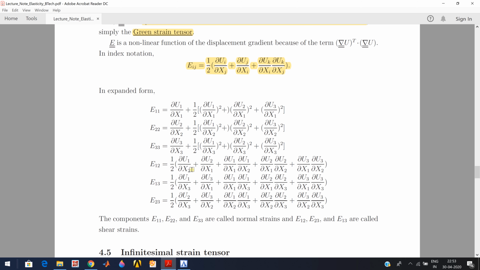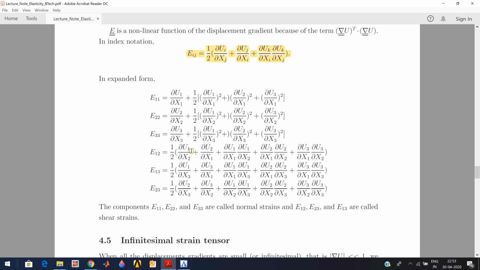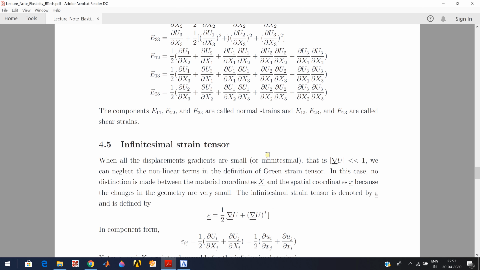Okay, and here the first two are the linear terms, and the second three terms will be nonlinear. All right, so now this is the definition of Green strain tensor,